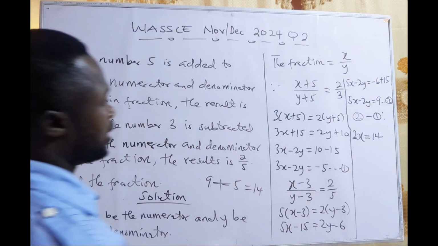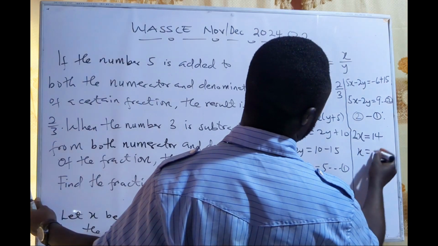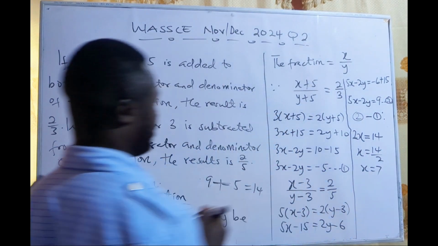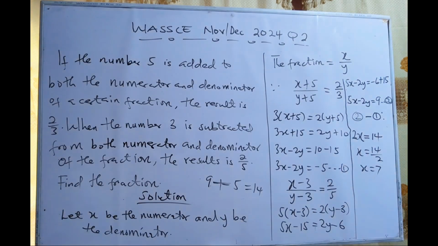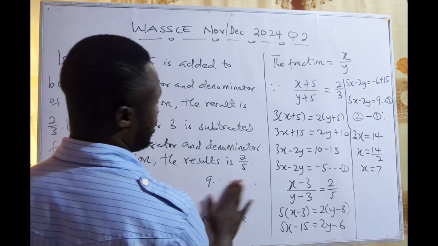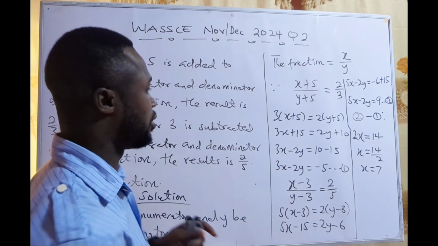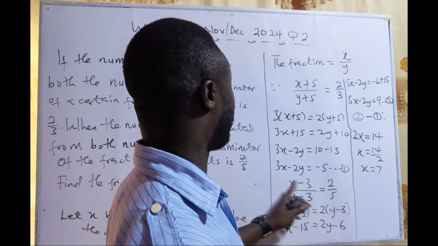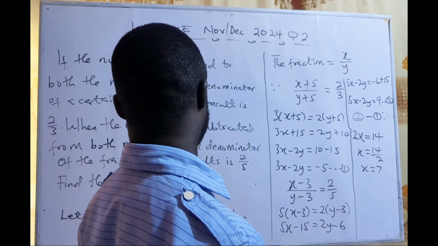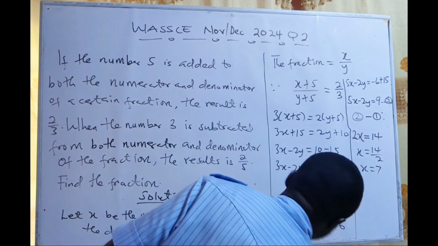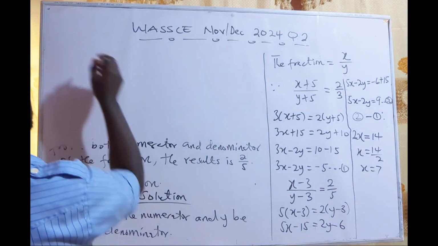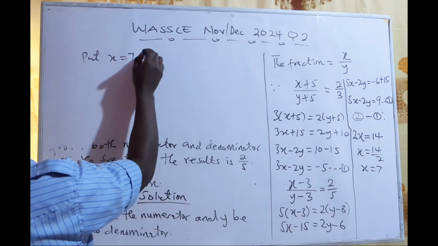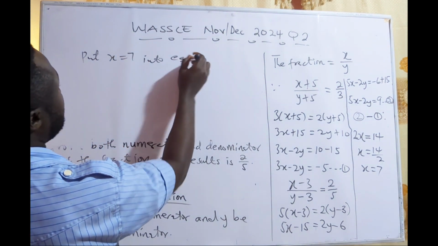Then what will be our x? x is going to be 14 over 2, and that will give me 7. So we have gotten our x as 7. What we can do is to substitute the value of x into any of the equations, either equation 1 or equation 2, and find the value of y. So let's put x equal to 7 into equation